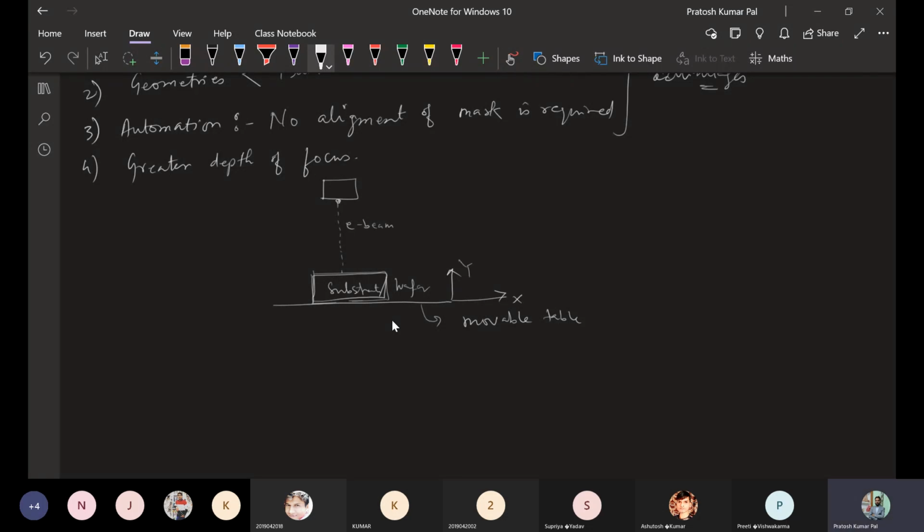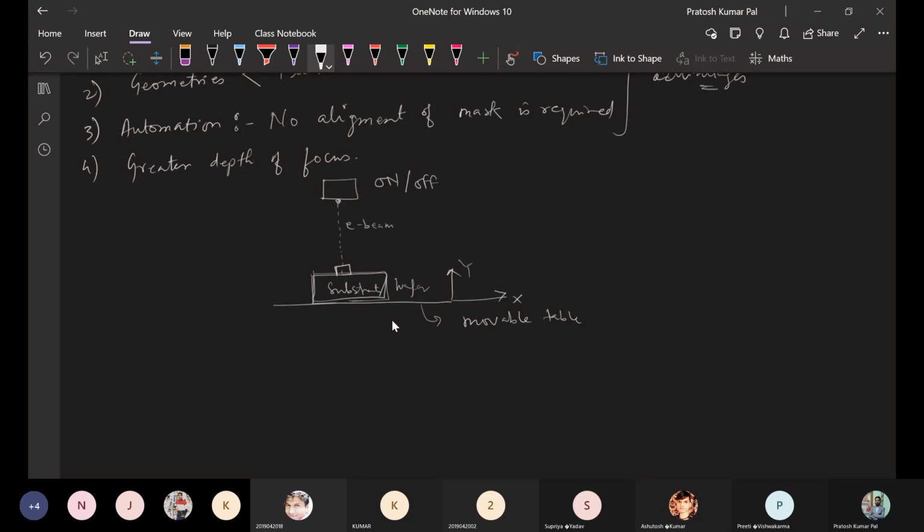Okay. So based on our requirement, either the substrate should be moving in x direction or y direction, we will be moving that substrate, and this e-beam source is fixed, and based on the requirement we will be turning on or off this e-beam. So if we need to expose a certain region of the substrate, we will be turning on this e-beam,